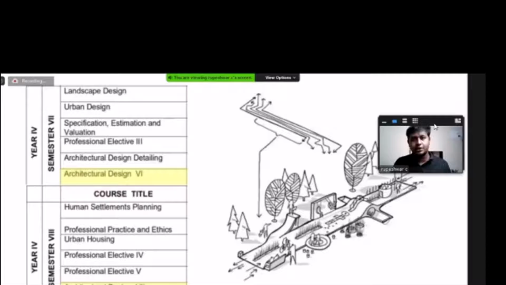The fourth year is one of the very compacted years, and it will just tweak you there to be an architect. Whereas in the fifth year, you will jump into more beautiful things. The next coming slides will show you